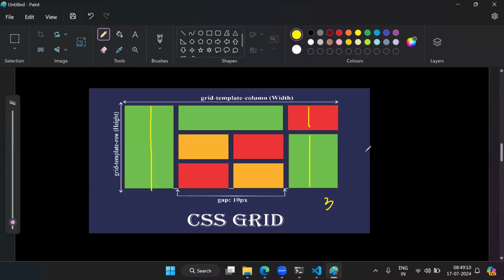Have you guys remembered CSS? If you want to merge rows or columns, then what properties do we have? Colspan. No, colspan is for tables, right? That is a table concept. In the CSS grid system,